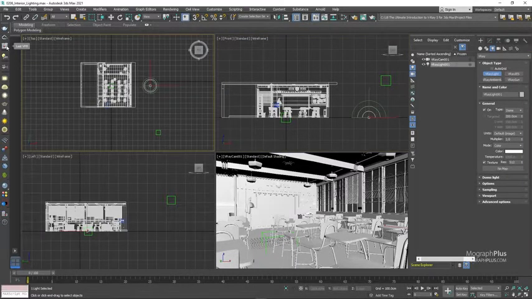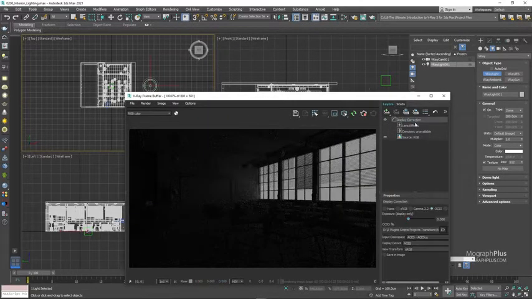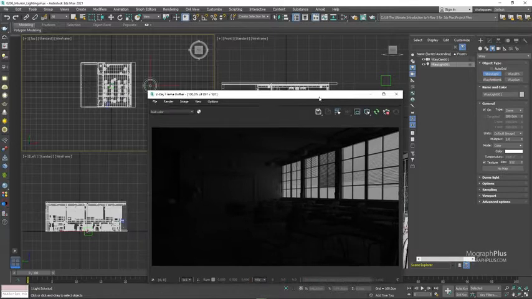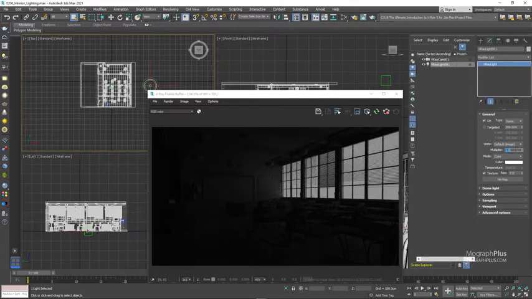As always, we are using ACES as our color manager, so make sure to provide the correct config file in the VFB. Obviously, the scene is too dark and I know my camera exposure is in a proper range for an interior shot. So let's start increasing the dome light multiplier to 10,